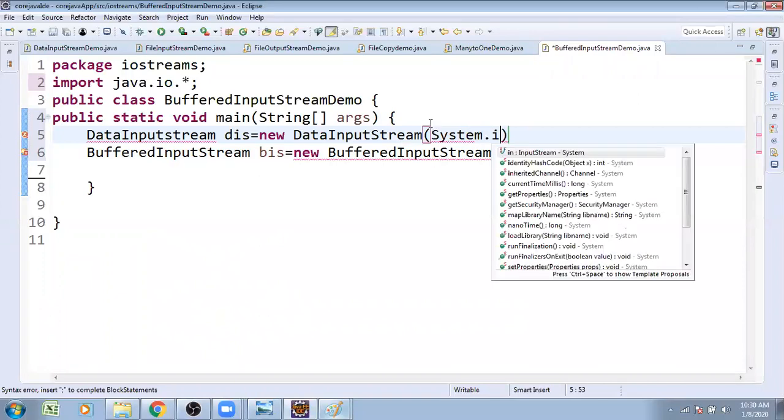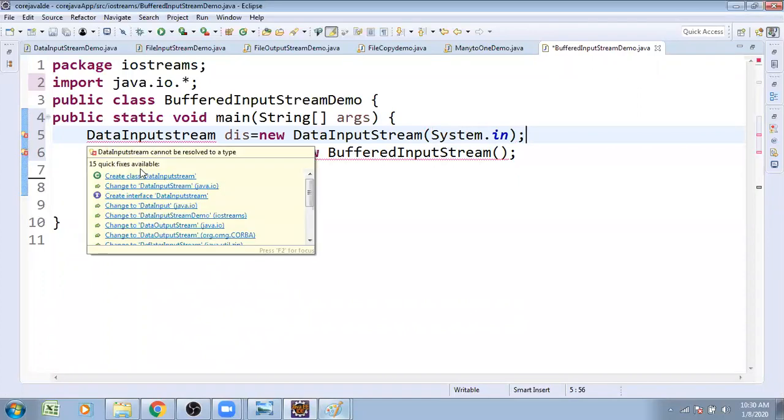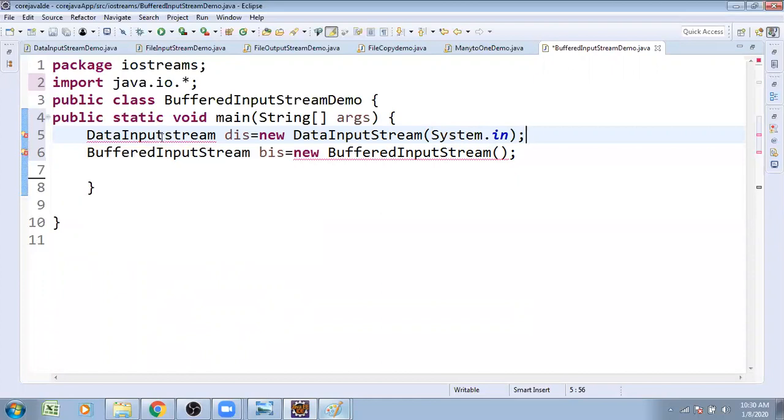Through keyboard, I want to take the data. Similarly, after taking this data, DataInputStream, yes, capital letter, class. So whatever input I take, I want to assign to buffer. BIS: whatever input I am going to take, assign to buffer. From buffer, I want to read the data.